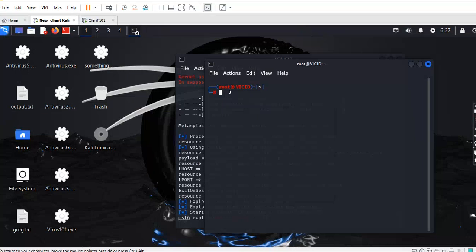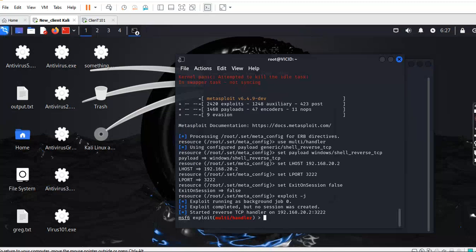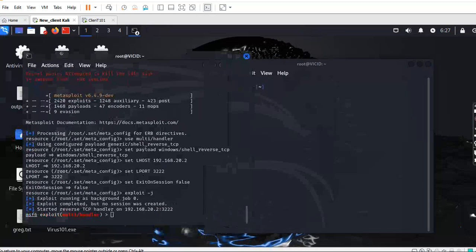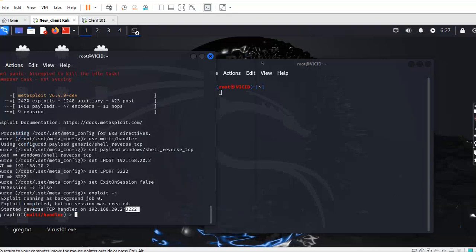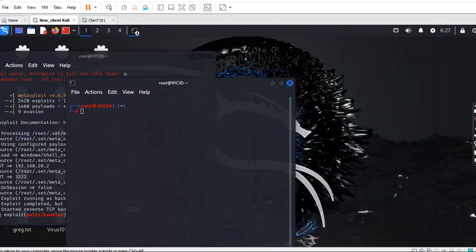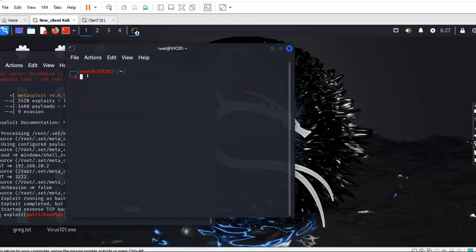If, for example, you had gotten an error message here telling you binding error, a binding error basically means that the port is used by another service. Binding means that this 3222 is being used by someone else. If I get that kind of error, you have to do something. You'd have to verify who is using that port, and the only way you could verify that is you call up your root and then you type